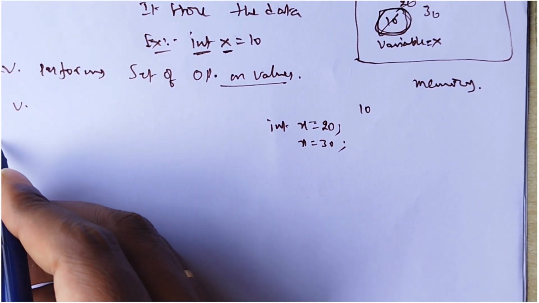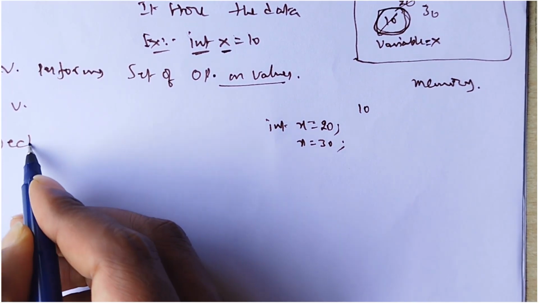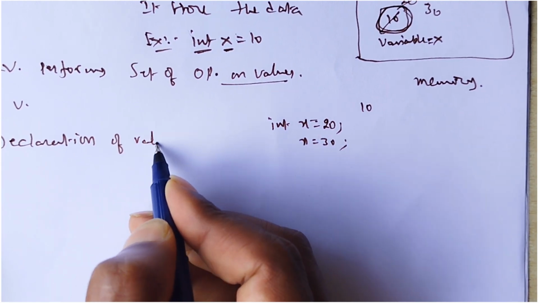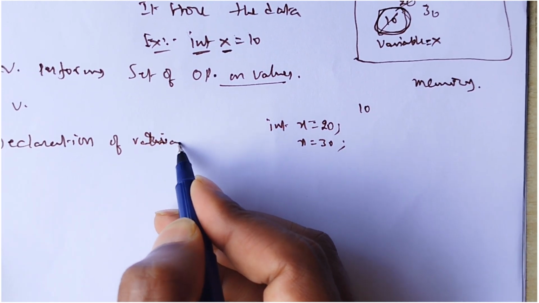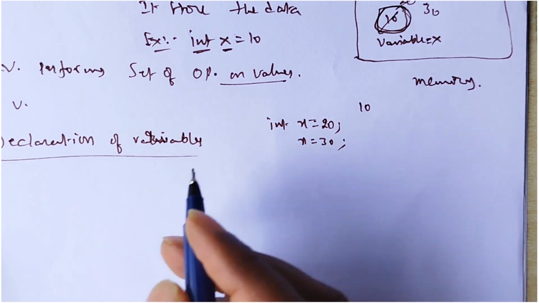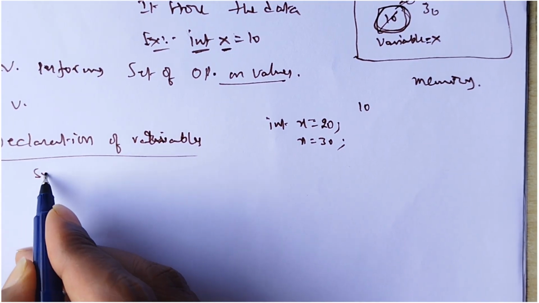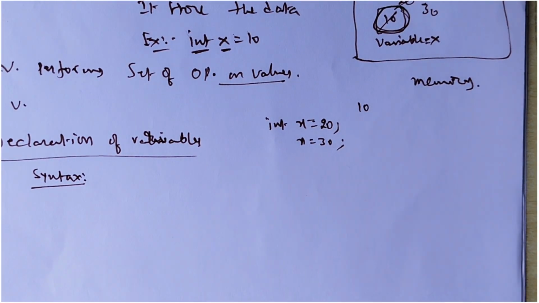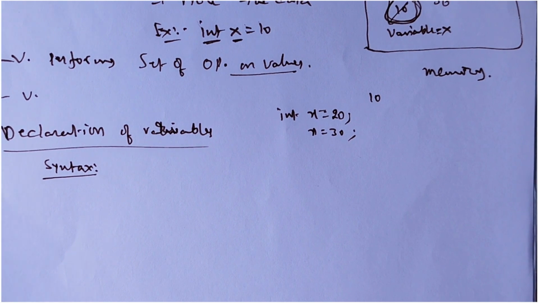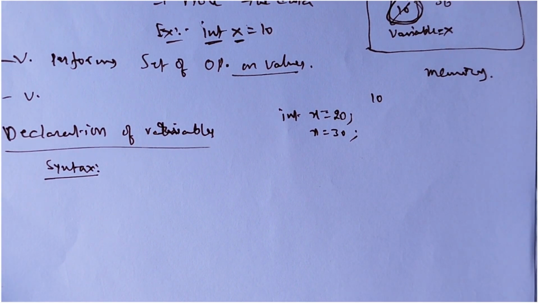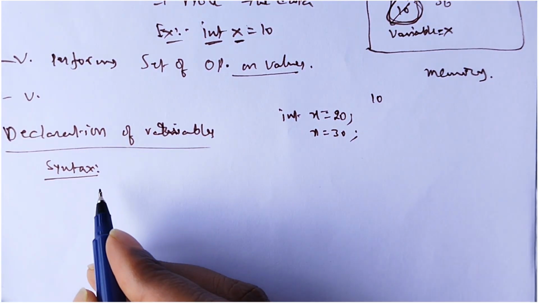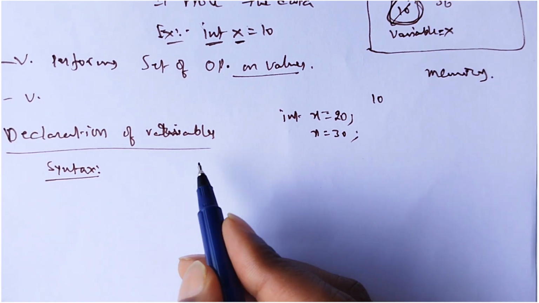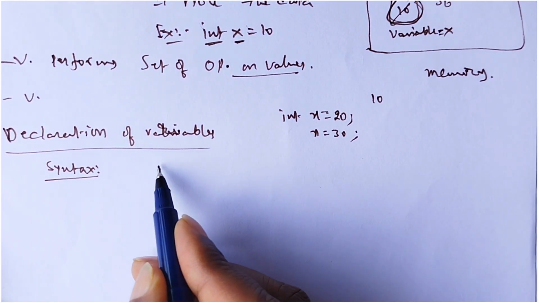Okay, what is the declaration? Variable declaration. We will see how to declare variables. In this declaration, first we should know the syntax. If you know the syntax, we can use that syntax in the examples. The main thing is syntax is very important in programming languages. What is the syntax here? The syntax of variable declaration is